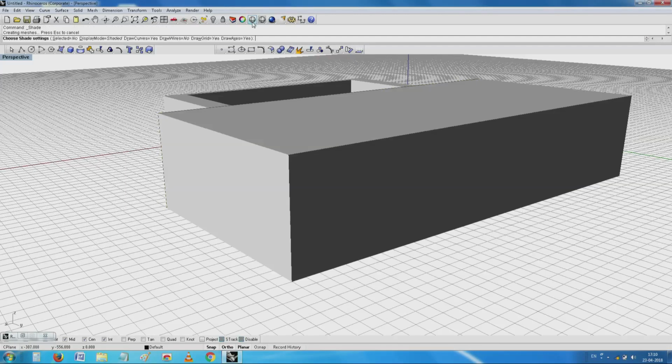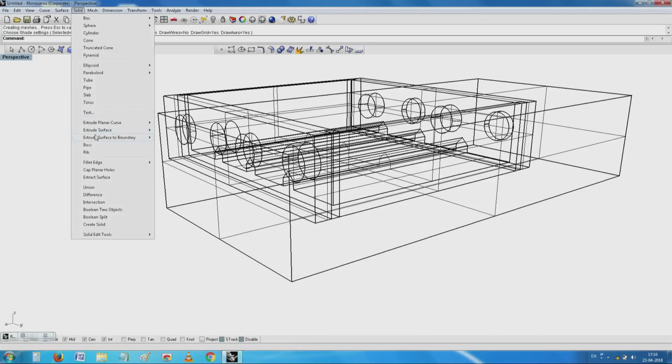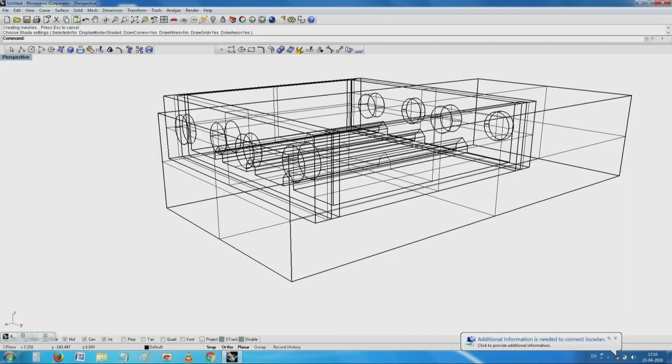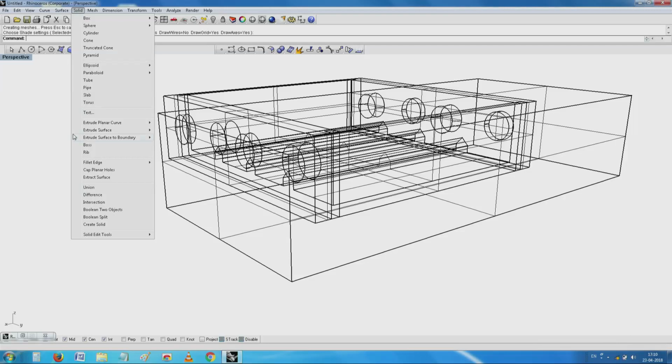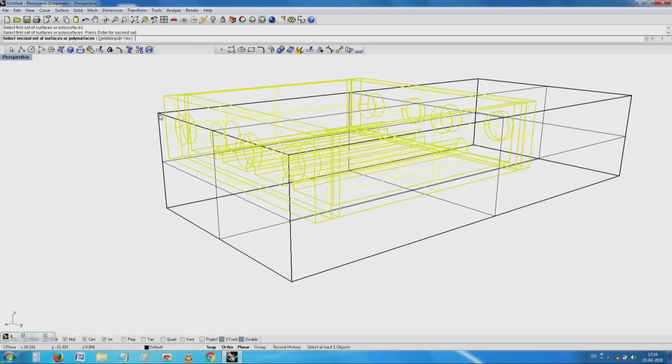Some of the advanced modelers you can do this directly, for example, SolidWorks allows you to do this. In this case, this is a free-of-the-net type of modeler. So, here what I do, I will do a Boolean difference from this object.